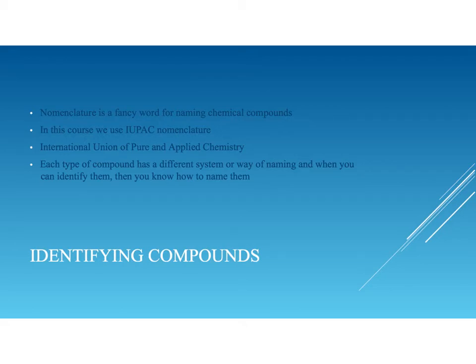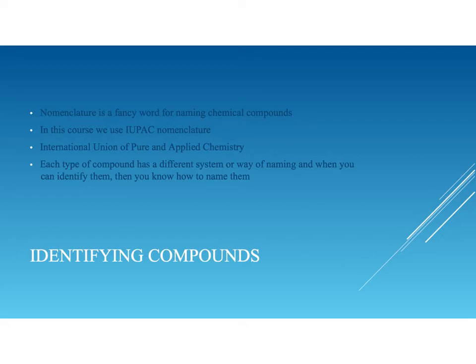So what we're really looking at here is what's called nomenclature. Nomenclature is a really fancy word for naming chemical compounds. In this course, we use what's called IUPAC nomenclature, and the IUPAC is a group of chemists, actually called the International Union of Pure and Applied Chemistry. The reason that we use this nomenclature is that no matter where we are, no matter what language we speak, no matter what country we're in, we all come up with the same formula for something. So like H2O, no matter where we are, we all want to be able to recognize that H2O